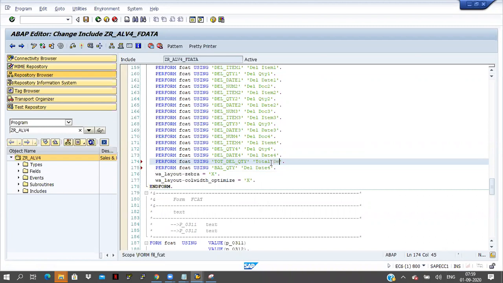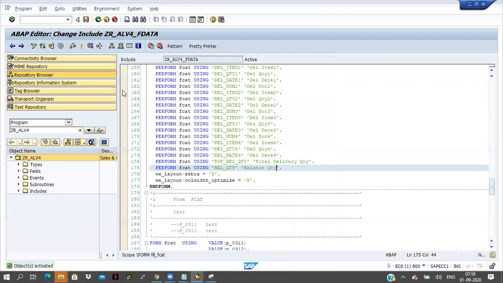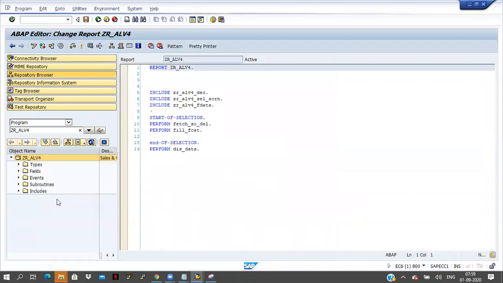Total delivery quantity, and this is the balance quantity. Save it, activate it. This is activated now. I'm double clicking on the main program and activating the program here.